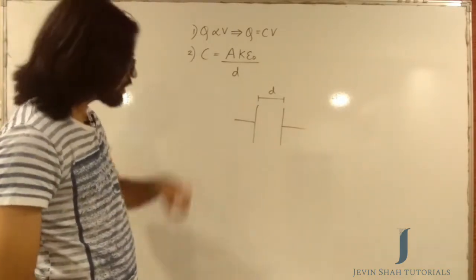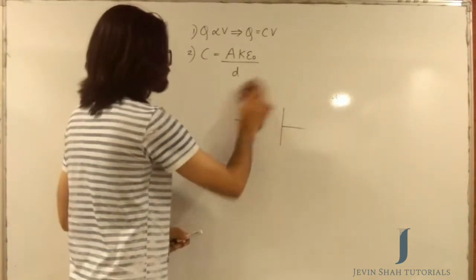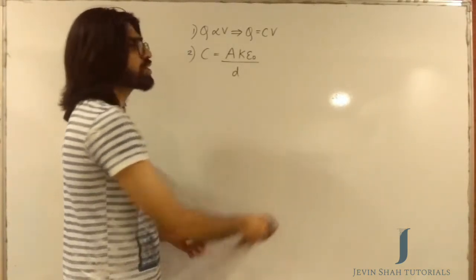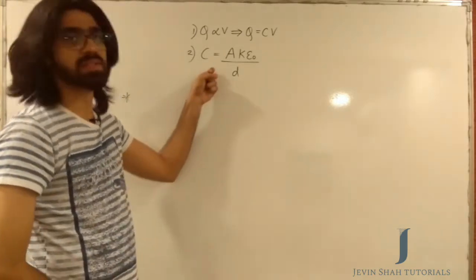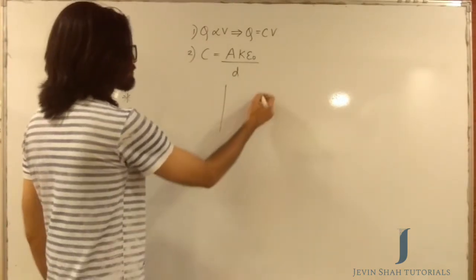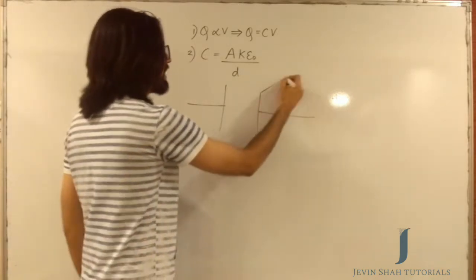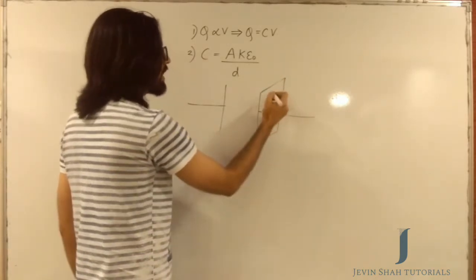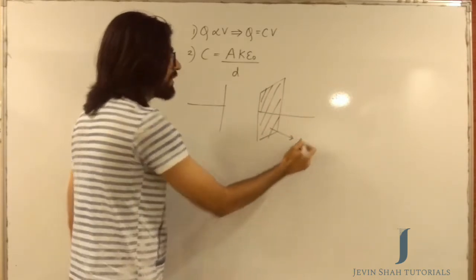Now since we have done this formula, let's just have a look at two more variations of the same formula. We are studying the variations because whenever a question comes in JEE Mains, it wouldn't be as simple as this. Okay, so let's take a capacitor. And if these were the plates, imagine it in 3D, okay? The area, this area of the plate is A, so that's the area of the plate.